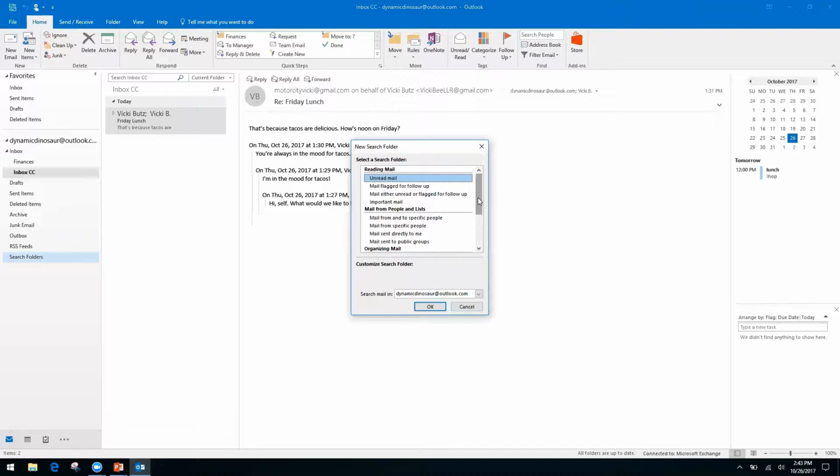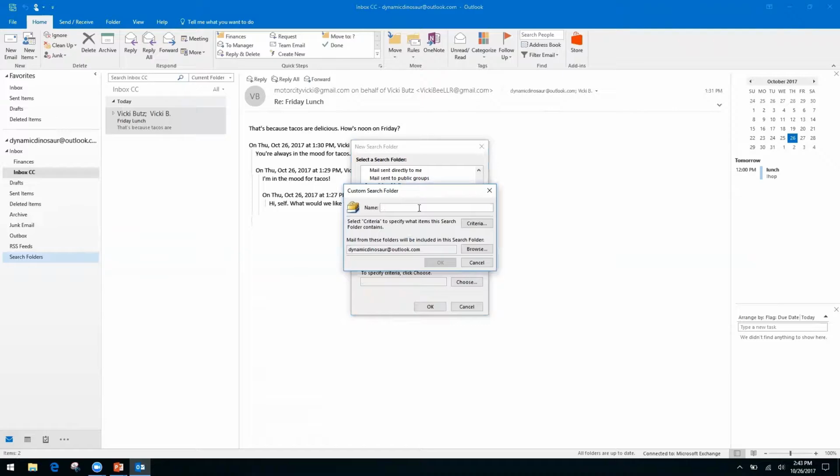So let's say that you have rules set up to where your invoices go to a folder, and you have the rest of the emails set up to go to a folder for that client. You may want to search for invoices by that client. Searching through the individual folders themselves would take a long time. So what you could do is set up a search folder for mail to and from specific people, sent directly to me, or messages that have specific custom search terms. So to,